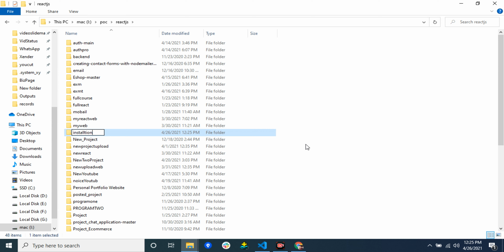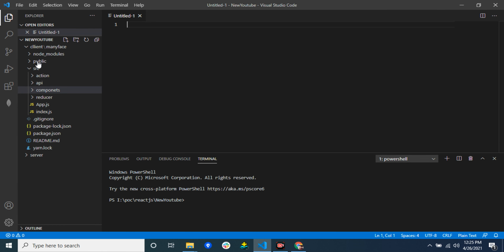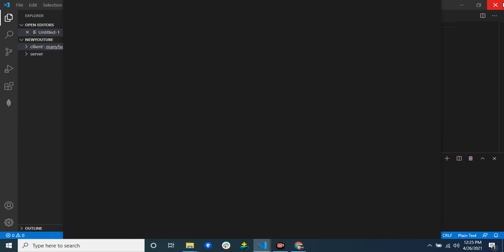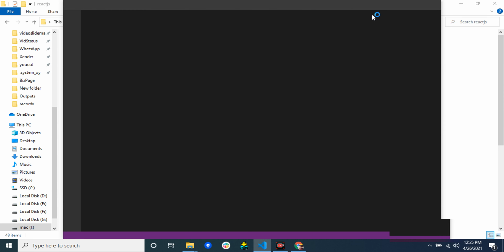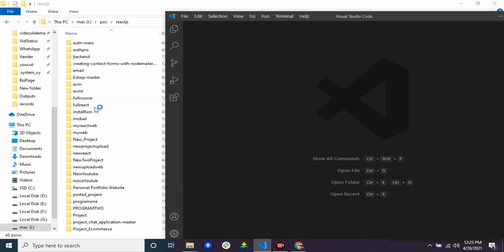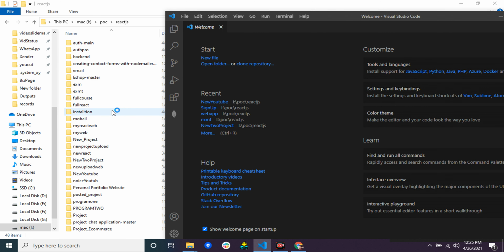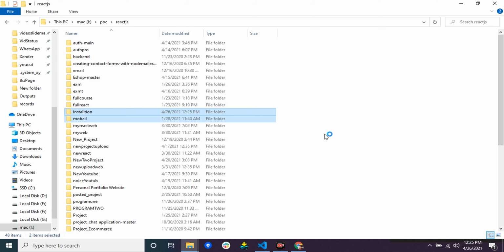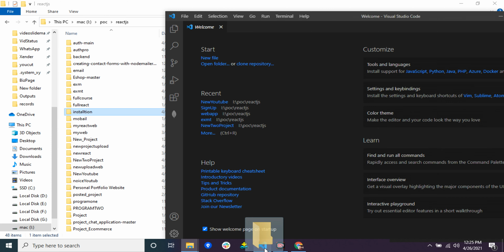Installation, and in Visual Studio, open a new window and open this path to the installation folder. So please wait just a second, and this is the copied path to open here in Visual Studio.